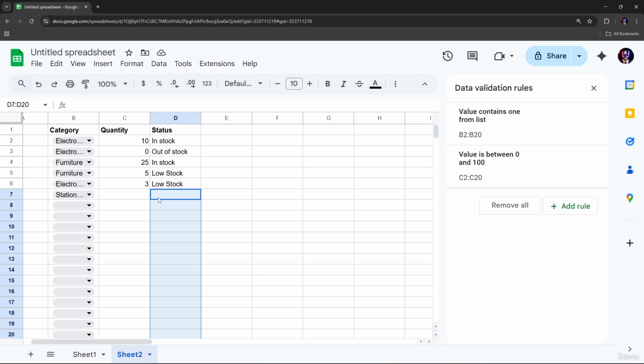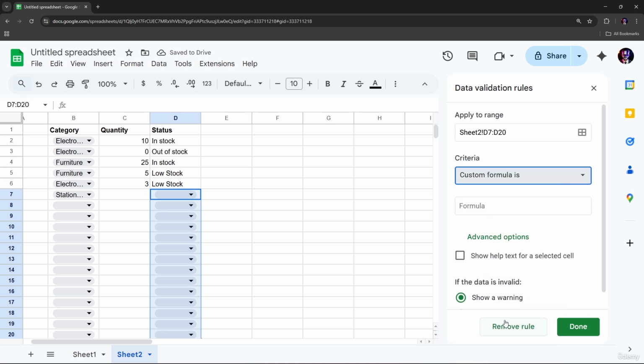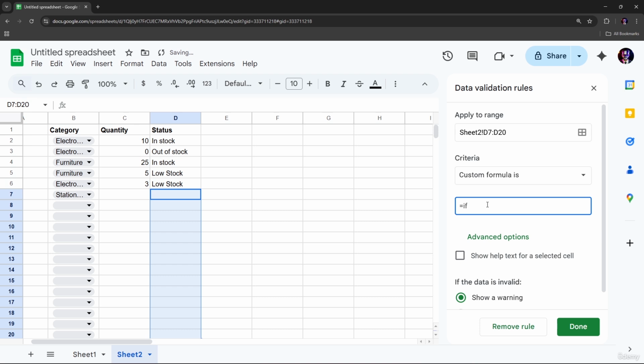So while data validation cannot do calculations, we can combine it with a formula. In the status column, enter this formula for now. Then go to add rules, choose custom formula, and start with the IF function: if C2 equals 0,